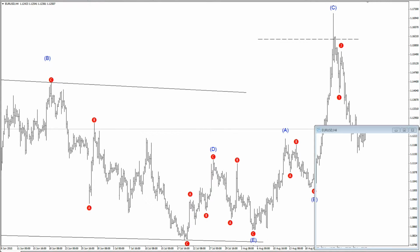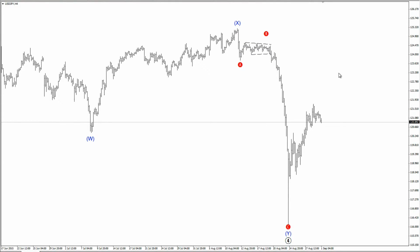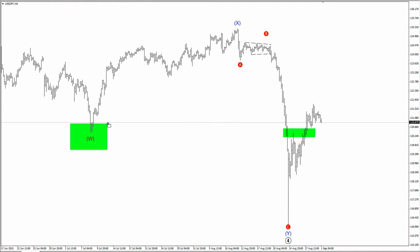Okay, next we have dollar yen. Dollar yen has stalled slightly the upwards momentum. We are now at 120.89. A slightly bearish bias is right now at dollar yen. And if we do not decline below this peak, which is at 120.4, which is also the previous wave W's low right here,